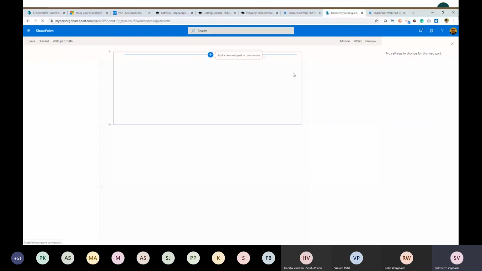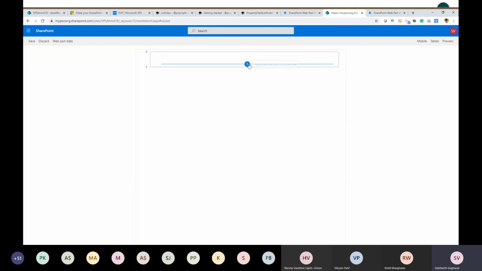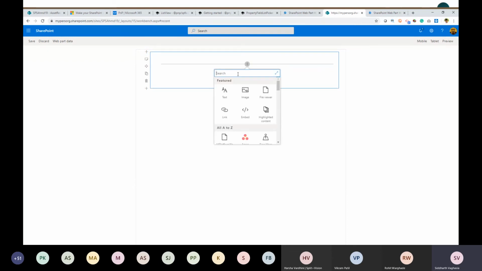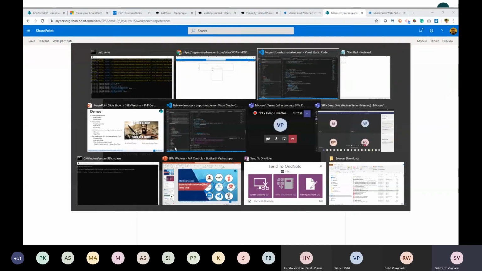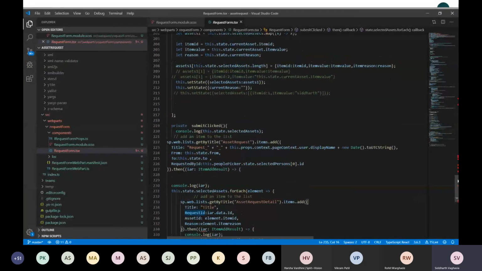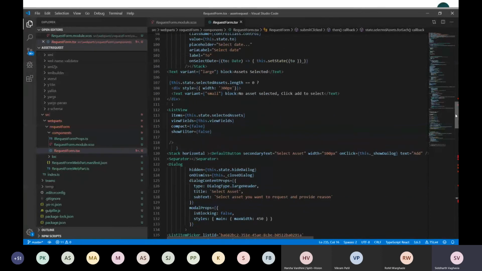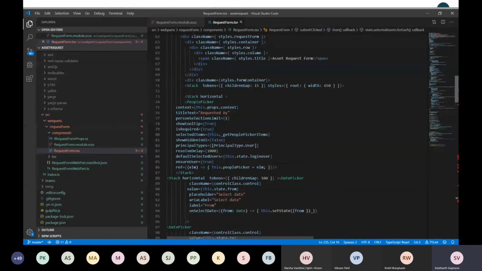Okay, so it is added. Let me quickly add my SharePoint context and see the demo. It is not yet loaded here. Okay, so till then let's quickly see what kind of controls we are using. I'm using the people picker control from PnP, and we are using the default selected user property to set the current logged in user into that control, right?